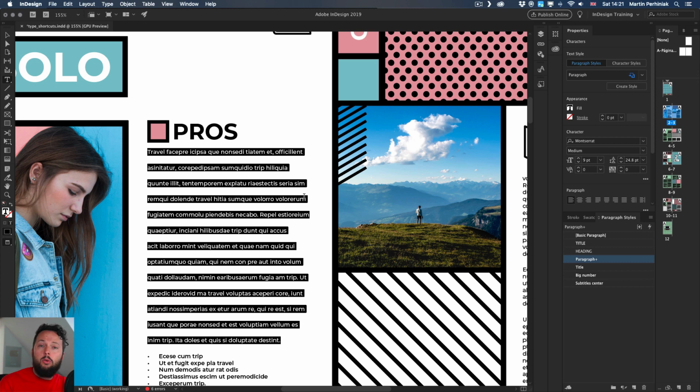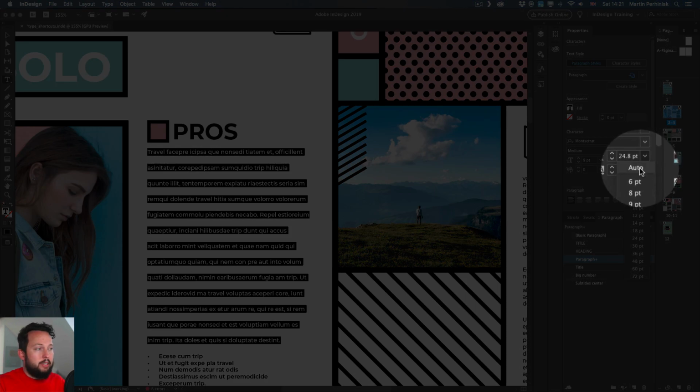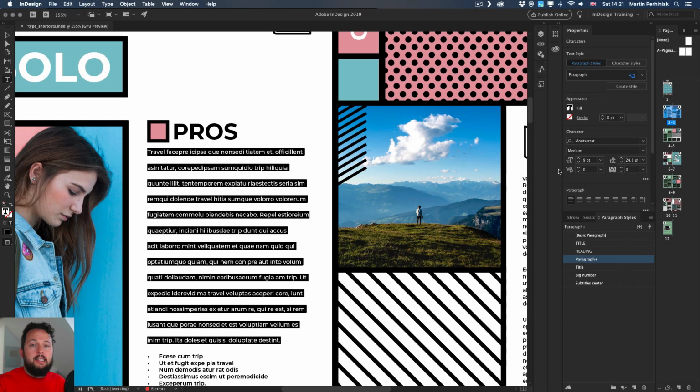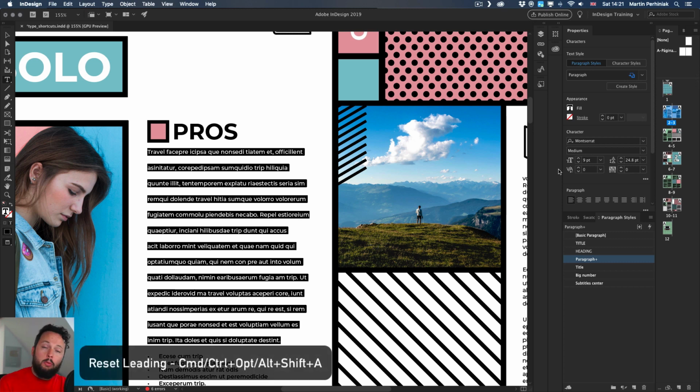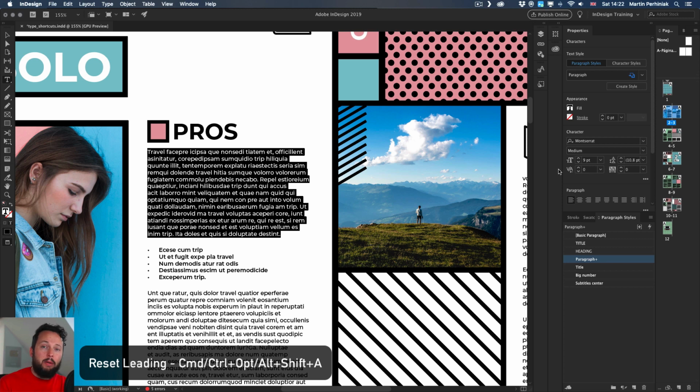So anytime you use text, there will be always an auto leading option, and you can find here on the right side in the properties panel as well. So that's the auto option. This is always based on the size of your characters, but the shortcut is Command Option Shift A. It's a bit complicated shortcut, but I recommend to get used to it because it can save you a lot